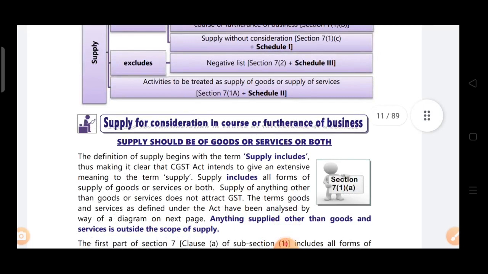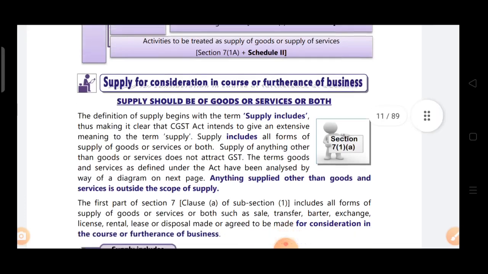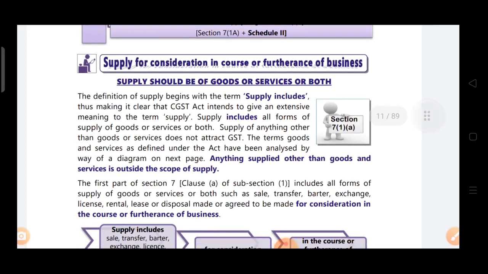So now let's do the parameters one by one. The first parameter is that supply should be of goods or services. Supply should be for consideration in the course of furtherance of business. This parameter we are discussing. Now they have given that supply should be of goods or services or both. The definition of supply begins with the term